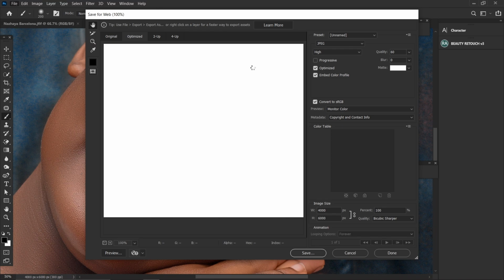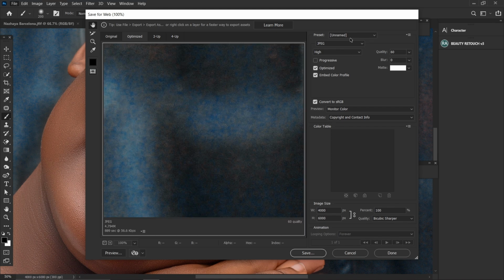After it pops up, come to the format and select JPEG. Then come down here and select Maximum, or you can select High,